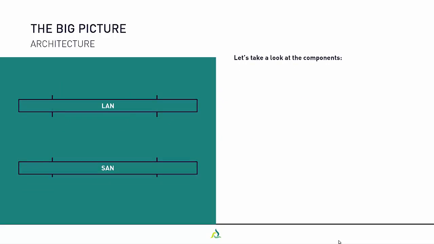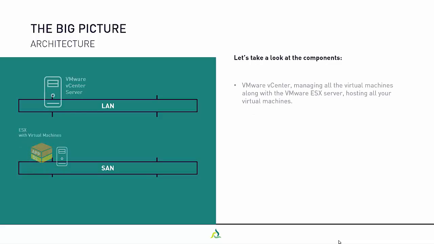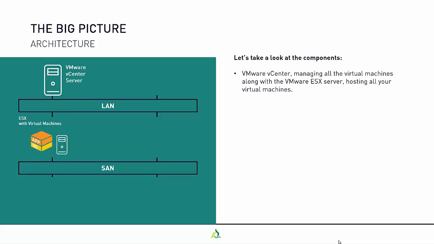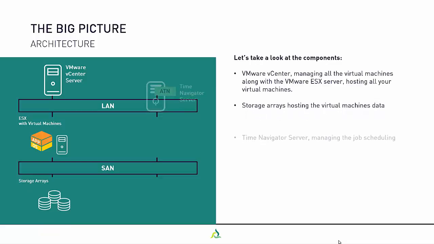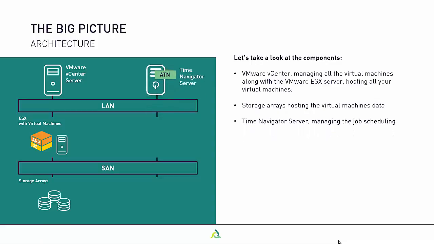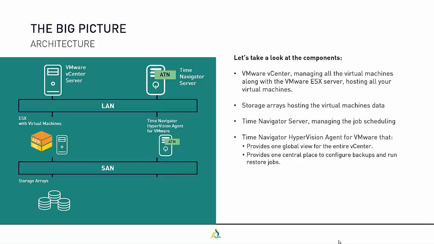Let's take a look at the various components in a typical environment. Firstly, the vCenter, which manages all the virtual machines, and the ESX server that hosts the VMs, and the storage where the VMs reside. Now let's look at the Time Navigator components and understand how they work with the VMware architecture. Firstly, the Time Navigator server, which is managing all the backups for the enterprise, and that includes the VMware backups. Next, we have the HyperVision agent for VMware. This is the agent responsible for the communication with the vCenter, and it's through this one agent that